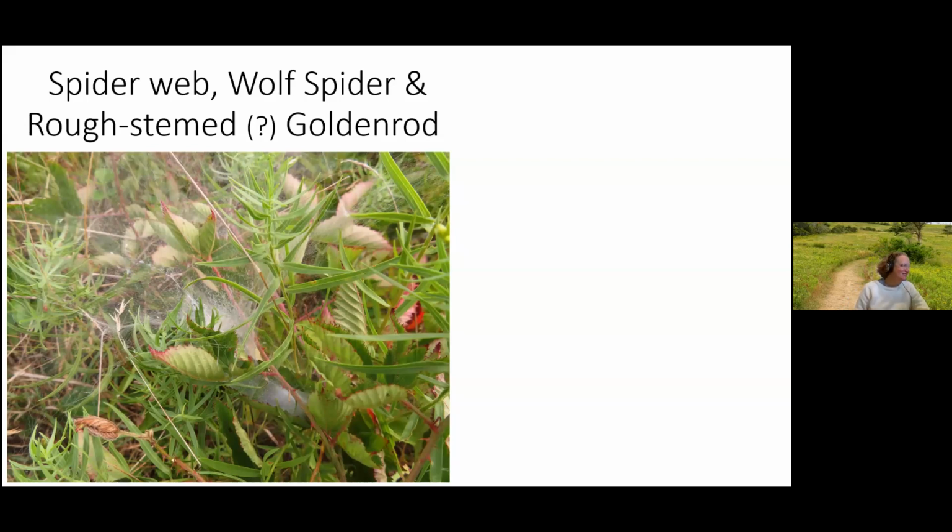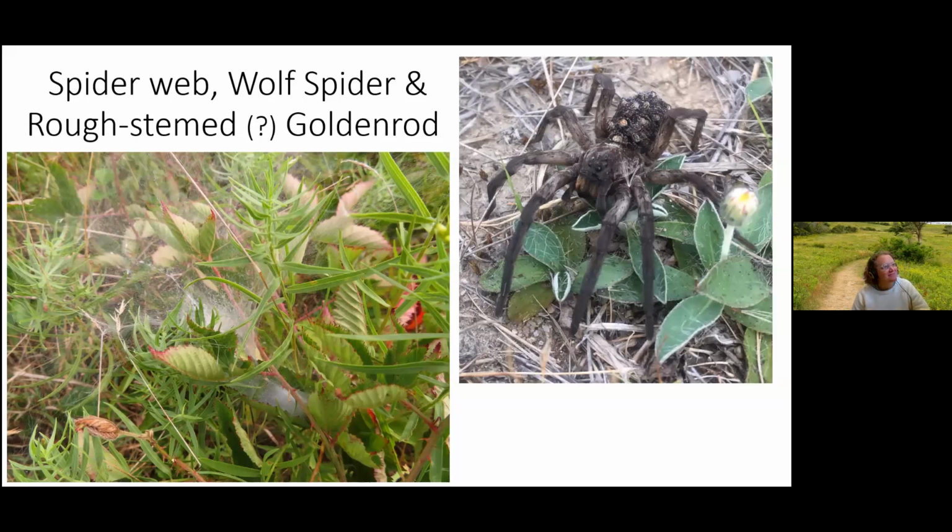It's not this type of spider, which is a wolf spider, which has been seen out here. I did take this picture out in the Lewis-Dickens Farm area. This web on the left is not from that, I don't believe. I believe the web on the left is from something called a web nesting spider. Now I've just lost the name. Anyway, it's a spider that carries its egg sac in its jaws until they're ready to hatch, and then it builds this webbing, connecting grass and leaves together like a little tent structure, and it will deposit its egg sac in that